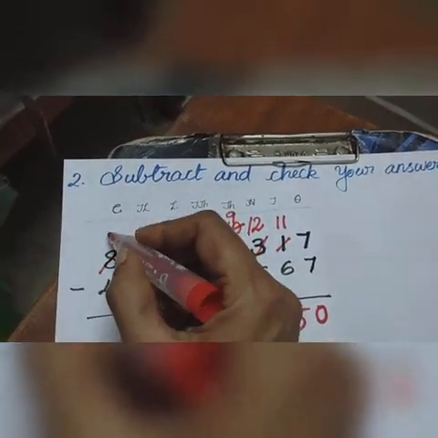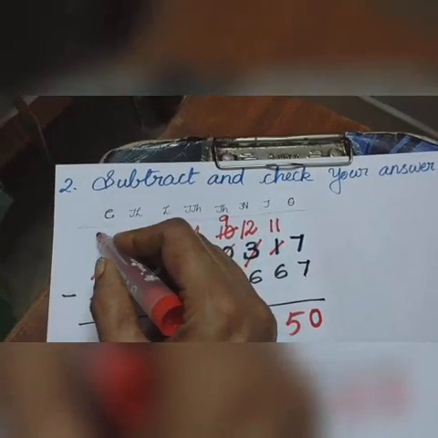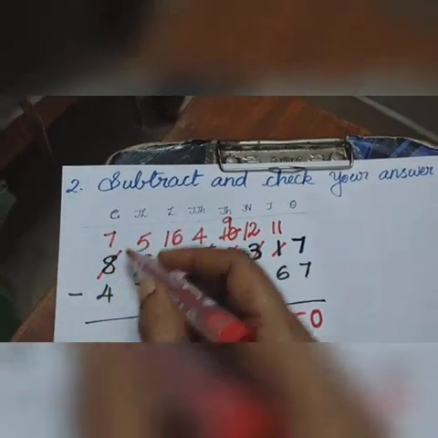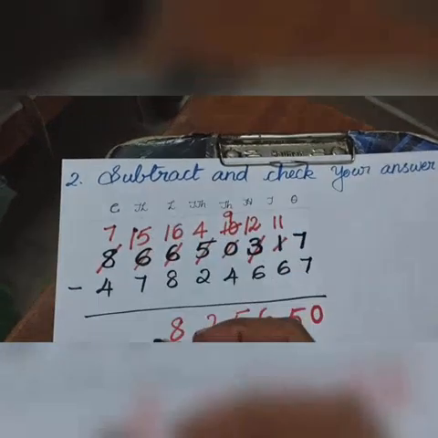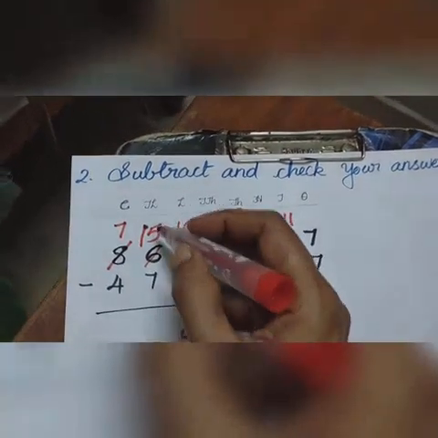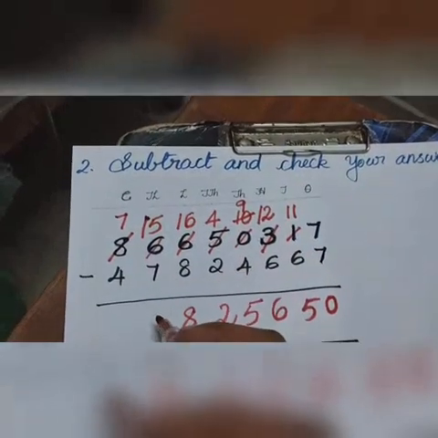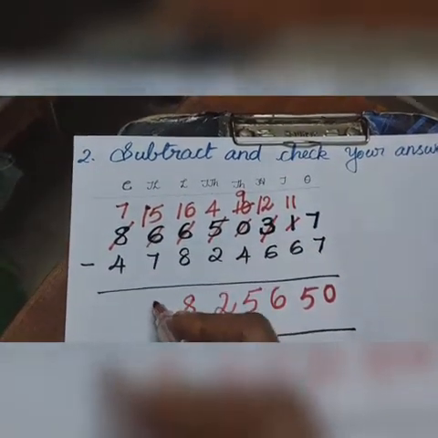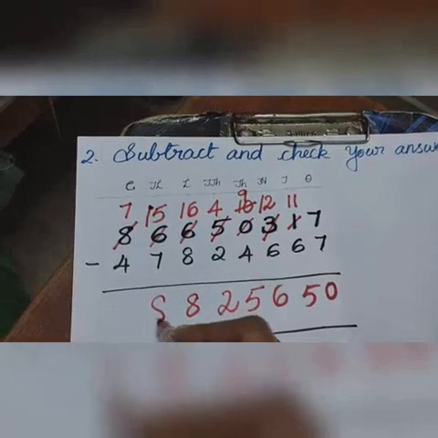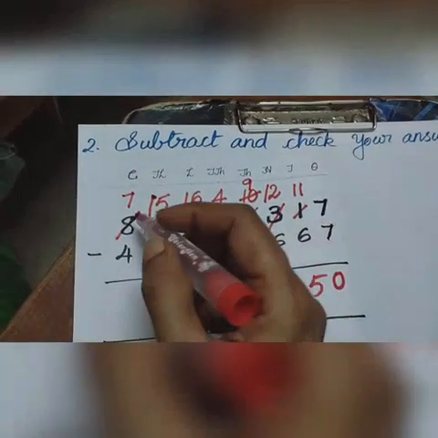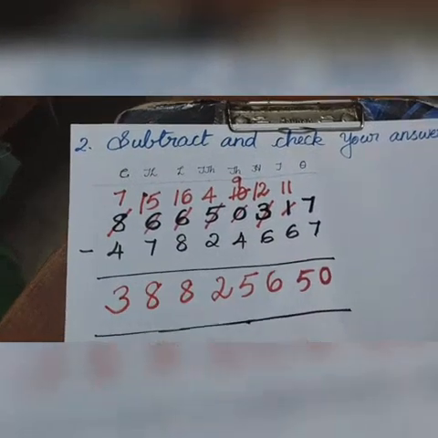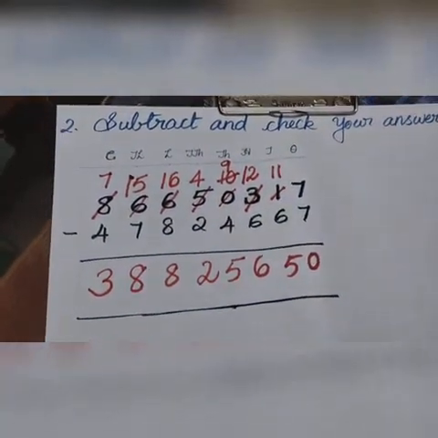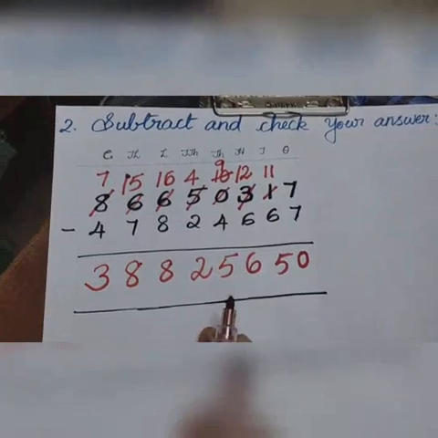So there 8 is there. So we 1 left from 8 means there 7. That one we can, yes, here it becomes 15. Okay children. So 15 minus 7. What is 15 minus 7? Yes, it is 8. Okay children, here 7 minus 4. What is 7 minus 4? Yes, it is 3. Okay children, that's our subtraction.